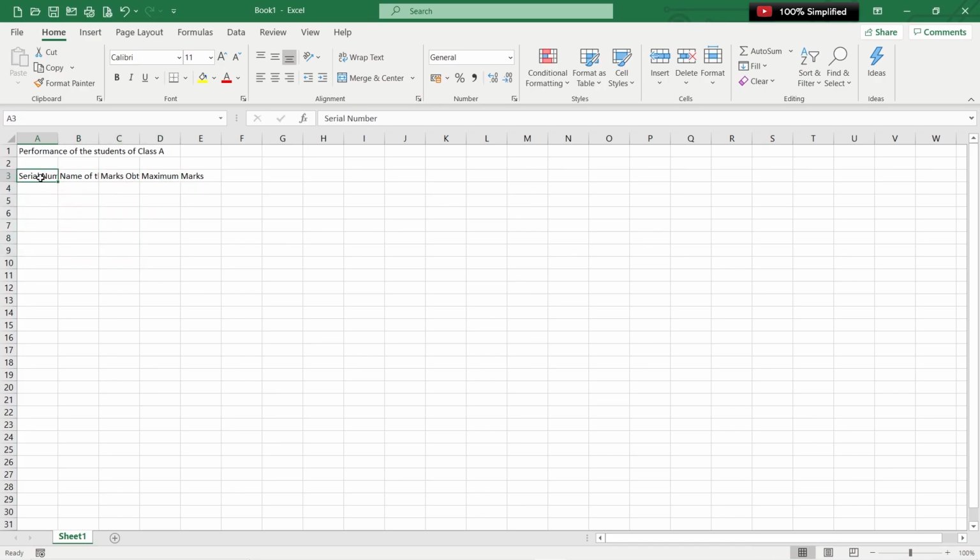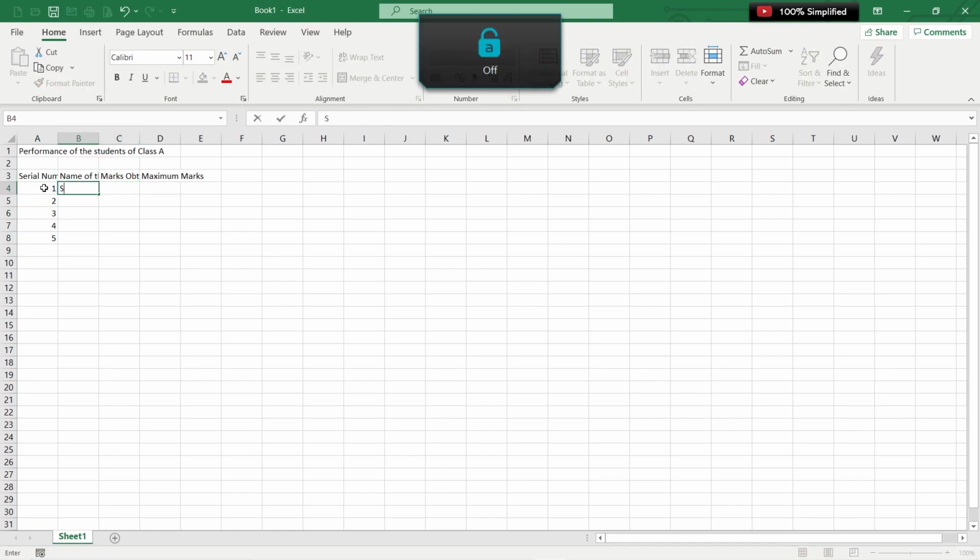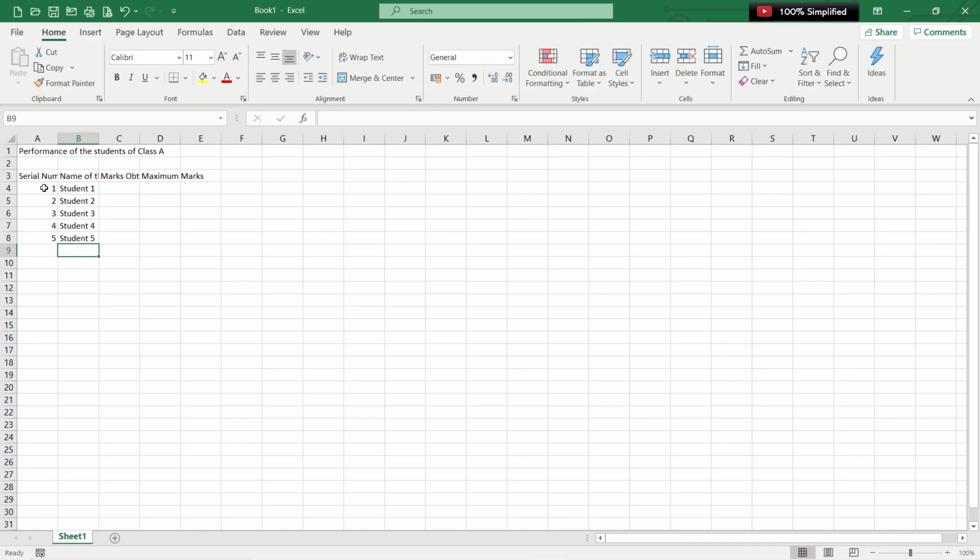So once you have these headers created, you can simply go on adding data below these headers. When we say serial number, it is nothing but 1. Let's say there are 5 students, we'll put it till 5: 2, 3, 4, 5. Let's say the names of the students are student 1, student 2, student 3, student 4, and the last one, student 5.